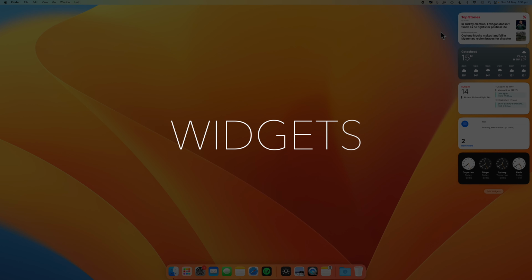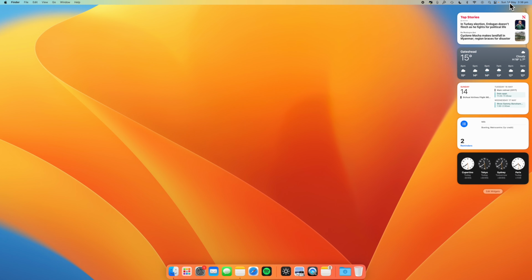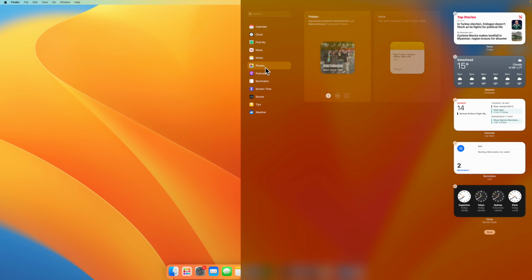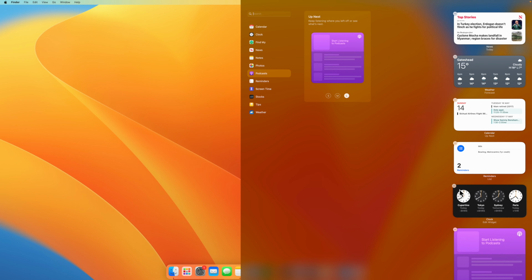When I click on the time and date, you'll see that I have widgets. These come as standard to macOS, but if you have third-party apps that include widgets, you can select a size and either click or drag it to the sidebar. These are handy at a glance if you need to know your weather, appointments, and more.